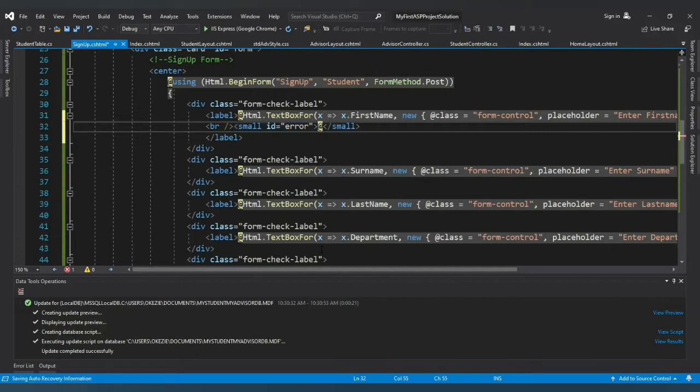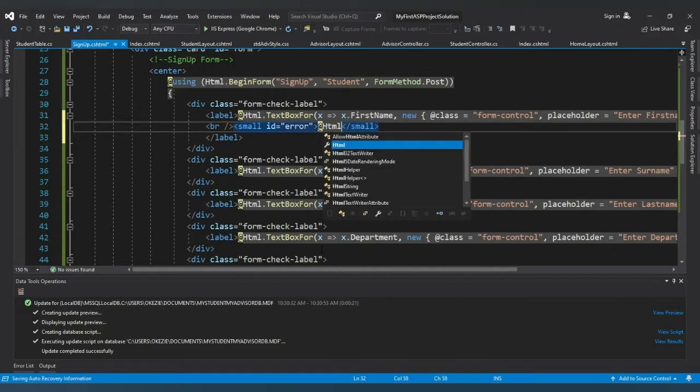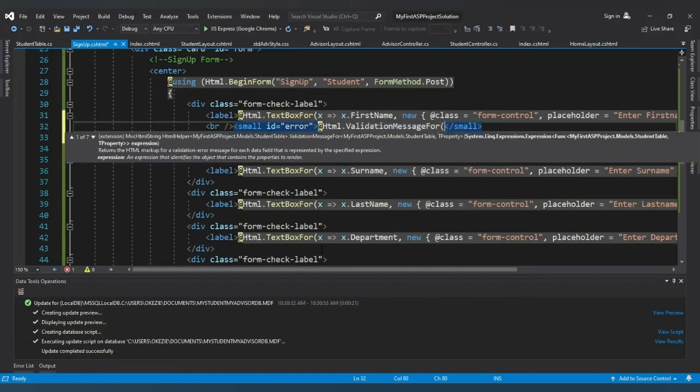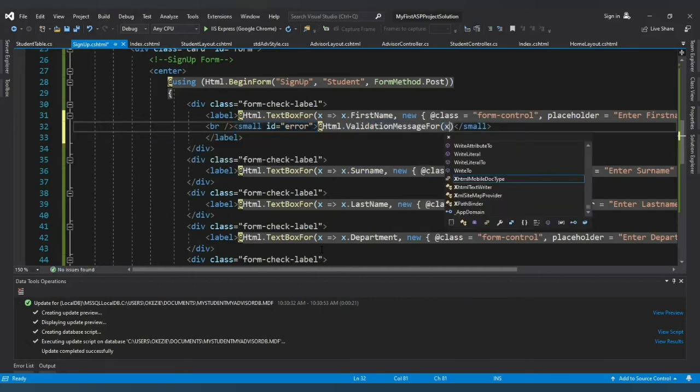Then we're going to have HTML.ValidationMessageFor, the validation message for